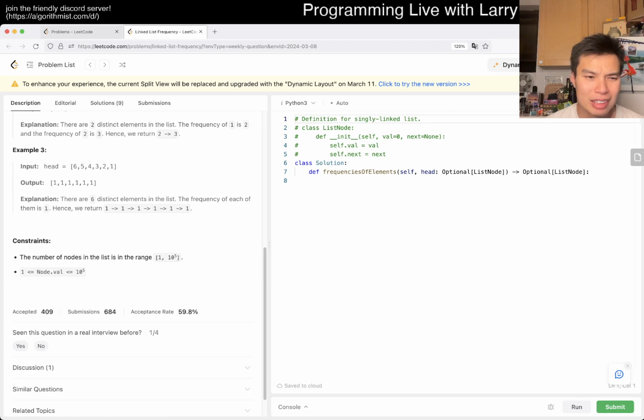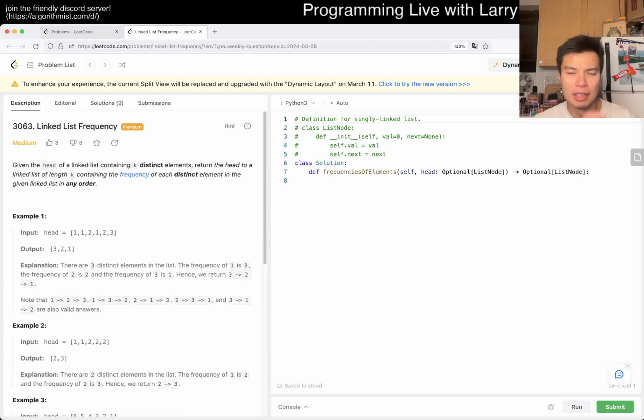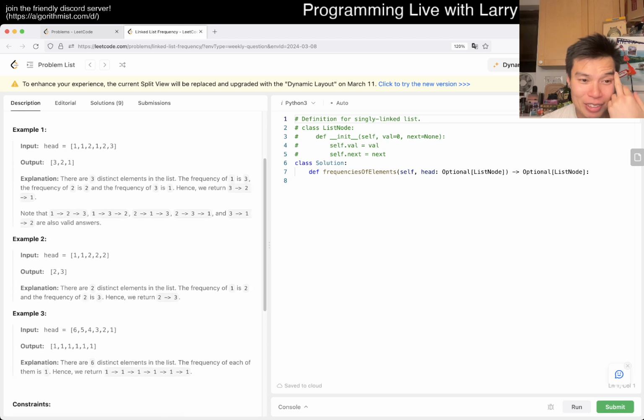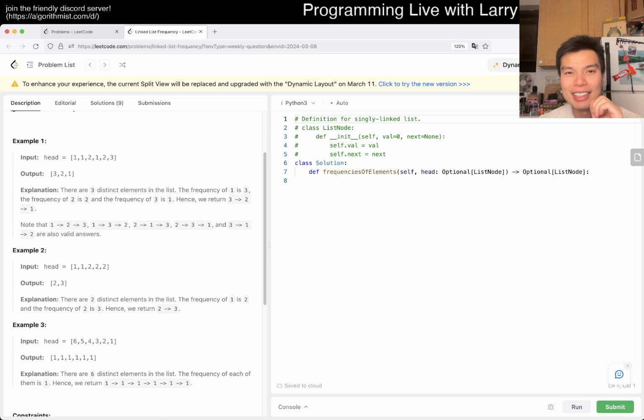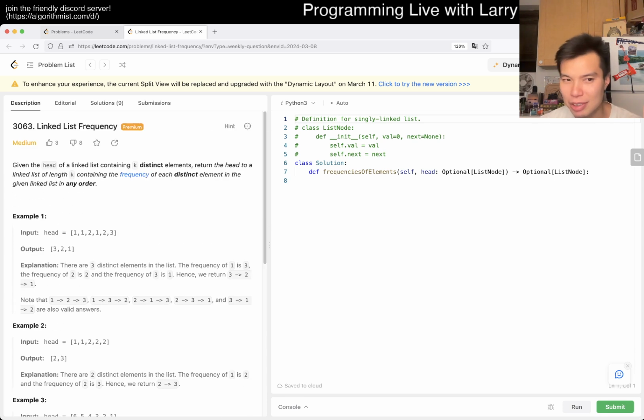The first thing I want to see is, this is such a weird problem because I feel like there is a reason why they want to ask this. If you were asking this in an interview, I don't imagine the reason is just to put everything in a frequency table, like a hash table, and then recreate the list afterwards. Because that just feels too easy, right? So we might do that, and it'll be linear time, linear space, and straightforward,